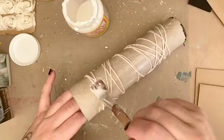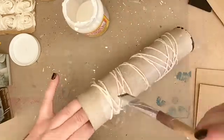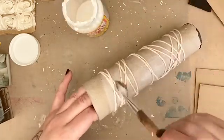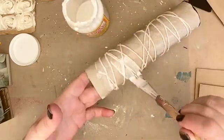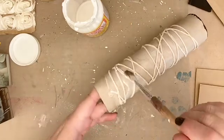And it should protect it from the paint as well. Not all over it, just over certain spots. Like I said, just a thin layer. Right,